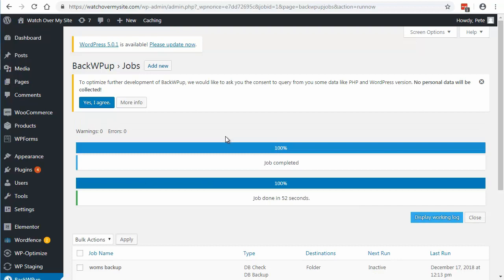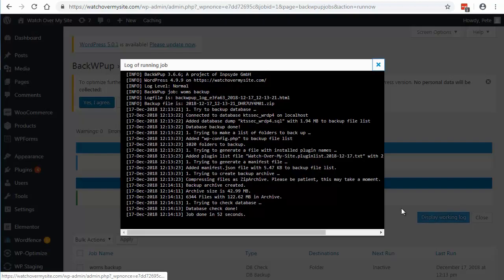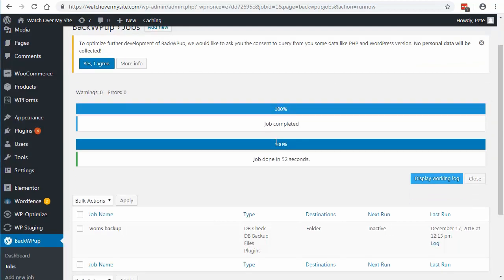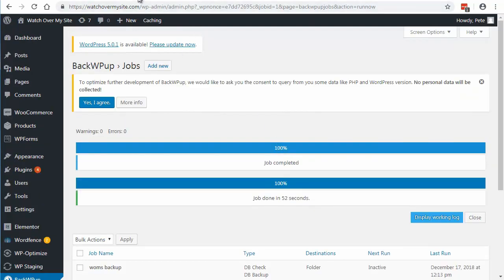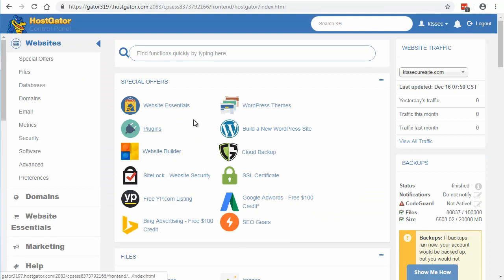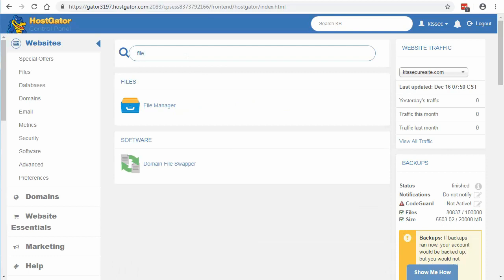Okay, so the backup's now completed. For those of you that want to check the log, there's a link here. It probably won't mean a lot to most people, so I wouldn't worry too much about that. Now what I am going to do is go onto our hosting account, and show you where this backup file has gone to. So this is in my cPanel or control panel in the HostGator account where I'm doing this. So if you type in File, you'll see File Manager. So I'm going to open that up,